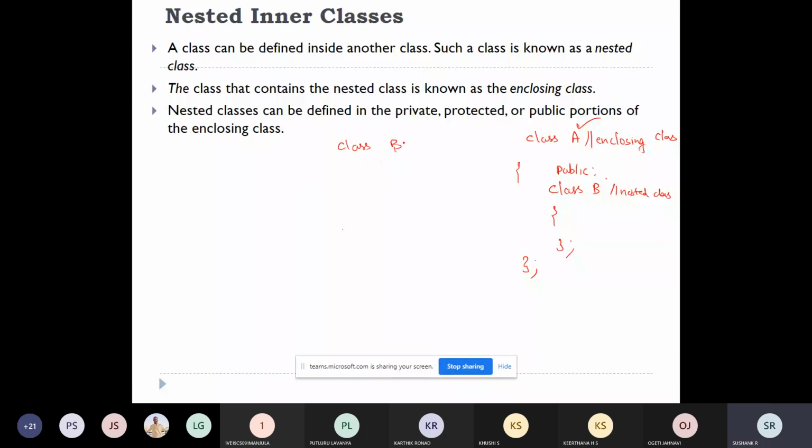So this class name and this class name will not get affected. That's why you can use nested classes. So this is regarding the definition of nested classes.